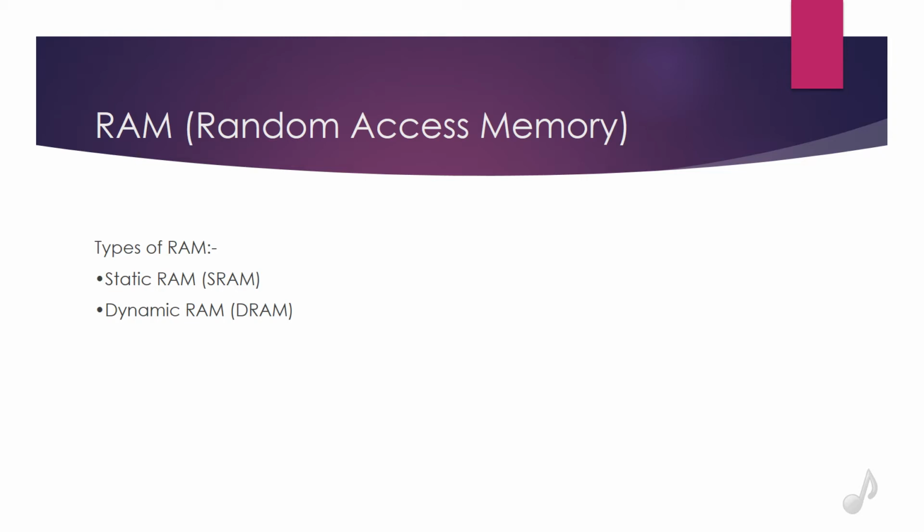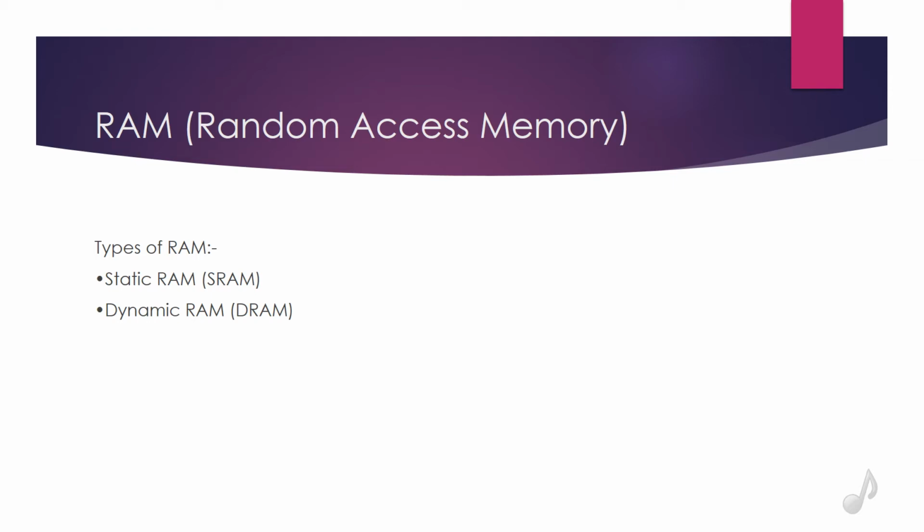There are two types of RAM, static RAM and dynamic RAM. Now, what is static RAM? A bit of data is stored using the state of a flip flop. It retains the value indefinitely as long as it is kept powered. It is mostly used to create cache memory of the CPU and it is faster and more expensive than DRAM.